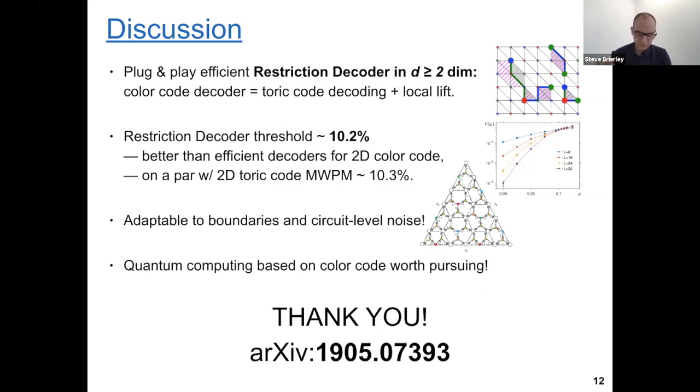So my understanding of the toric code is that you get a nice decoder because one error creates two syndromes, meaning two syndromes light up, and so you have a graph problem to solve. Whereas naively in the color code, one error causes three syndromes to light up, and so you have a hypergraph problem. And so if you just try to tackle that in the same way as you would the toric code, you quickly get stuck because hypergraph matching is hard.